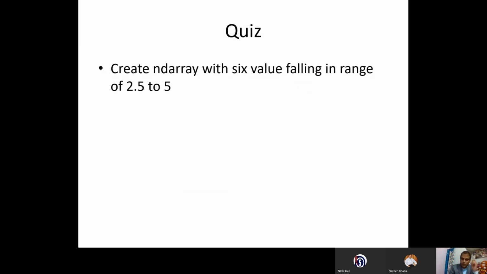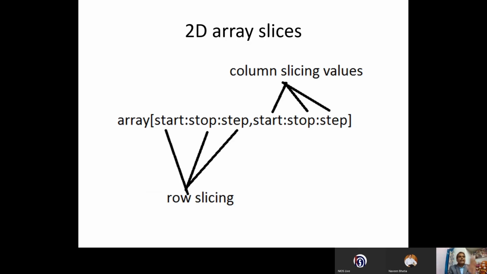Now, for 1D array slicing is very easy. It is very easy to learn 1D array slicing. Now we have to learn how to slice a 2D array. This image is the most important for you to understand how to slice the 2D array. See, we have row slicing first, then we have column slicing. In 1D array there will be a different way, but in 2D array, this is the different way. Row will be sliced separately and column will be sliced separately. This may be a 2-mark question in your exam. Okay, now I will show you.